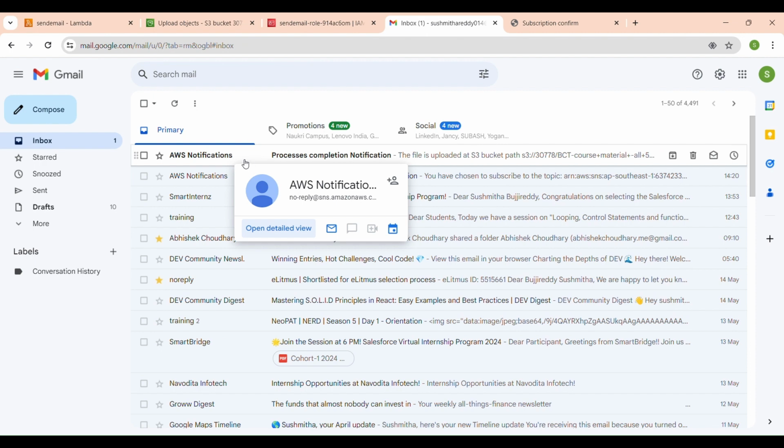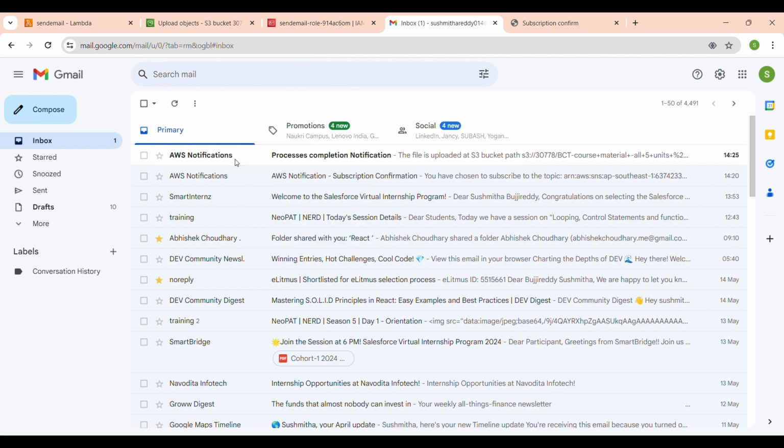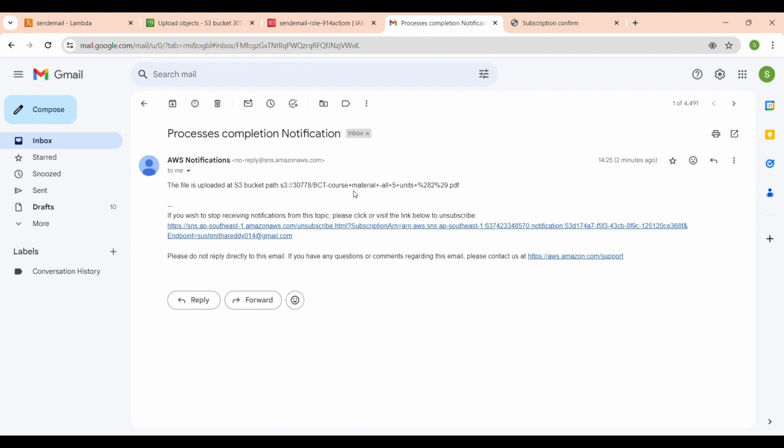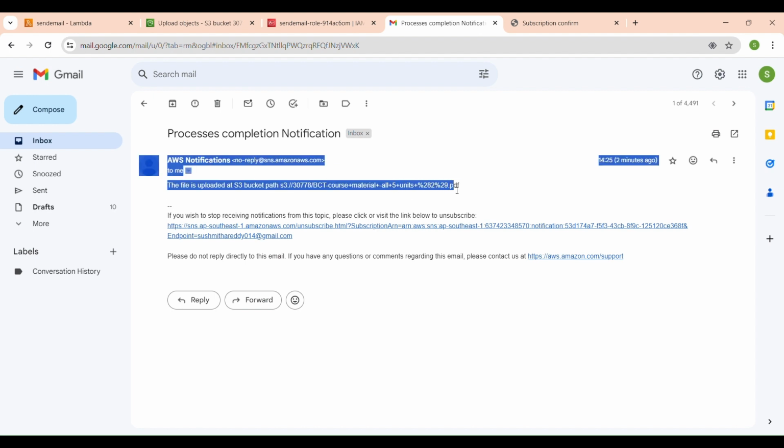Let's see here. See here, I have some notification that the file is uploaded to an S3 bucket with some BCT course module of 5 units. Have you observed it? This is how we get notifications, and this is the use of